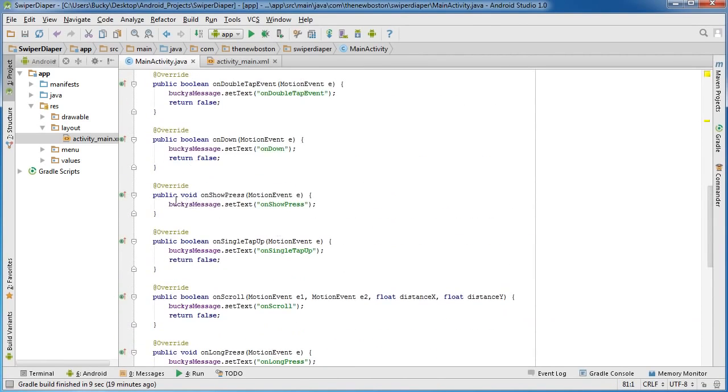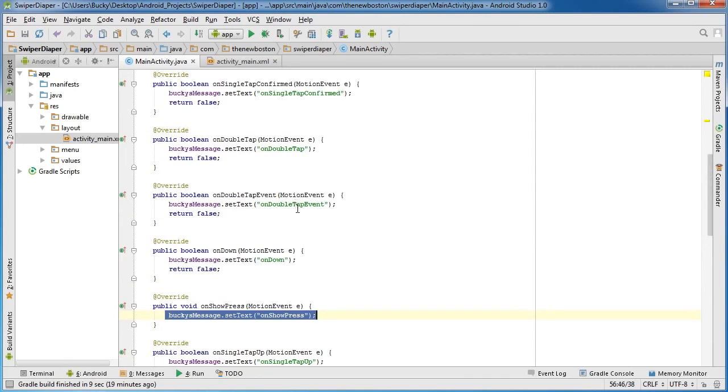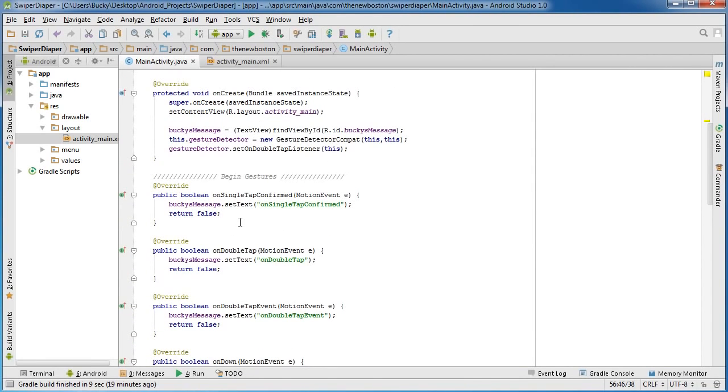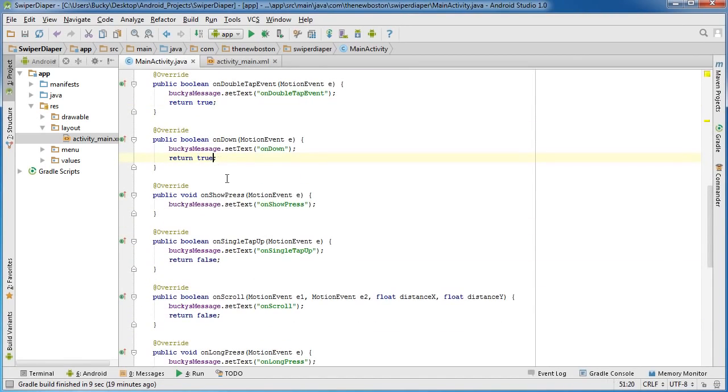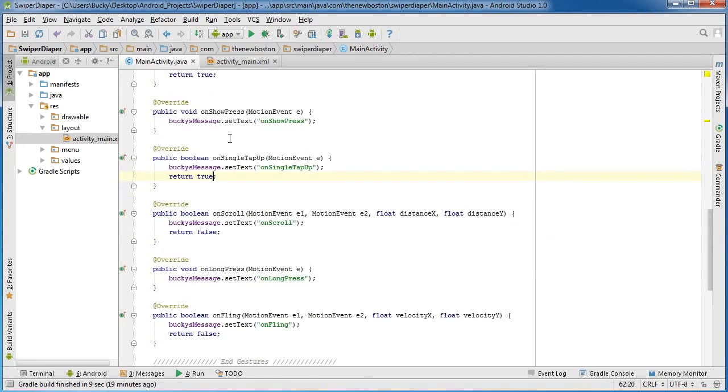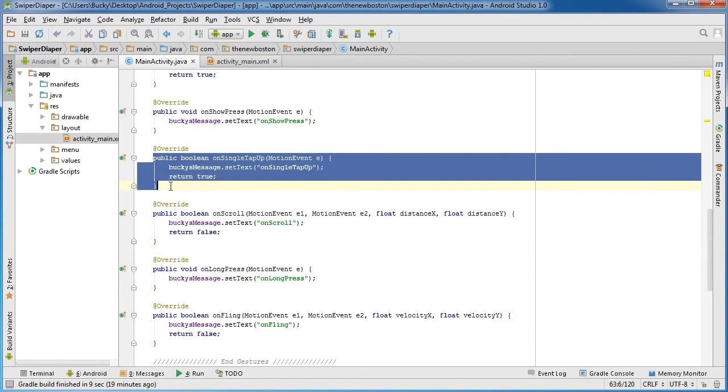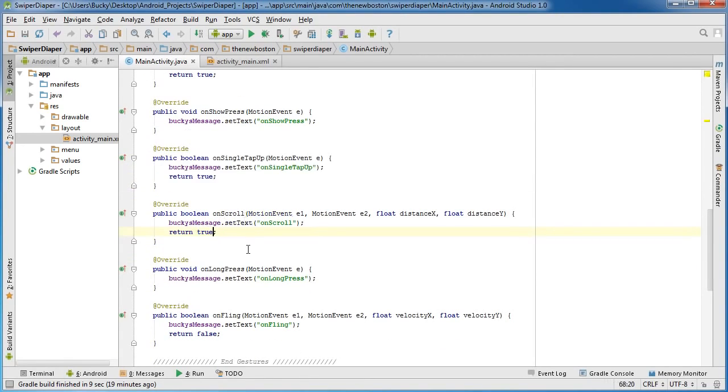So once you have all of your messages set, we need to do a couple more things. The first thing is, you see how all of these return false by default? Well, we actually want to return true on all of those. And remember, the reasoning behind that is that return true says the event was handled. The touch event was handled. If you don't have this return true, then for example, whenever you scroll, it's going to say on scroll